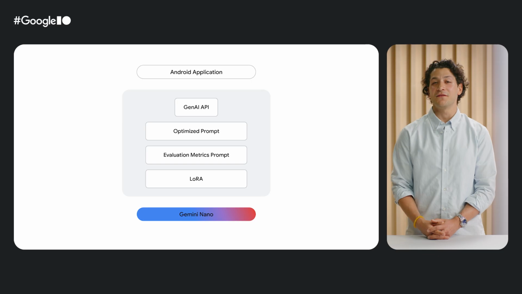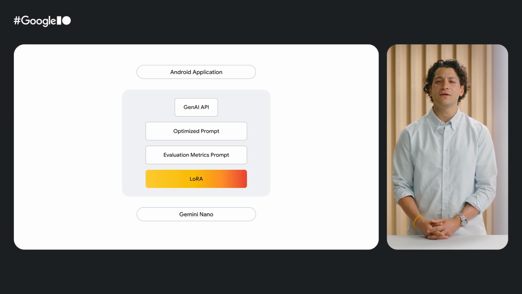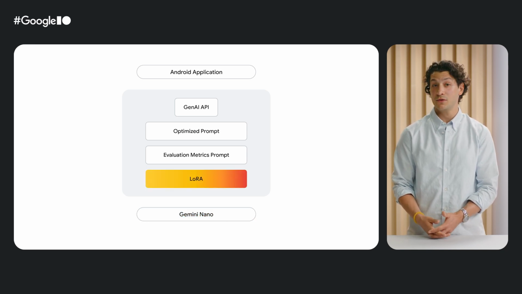Now, let's dive into what it means for these APIs to be powered by Gemini Nano. There are 4 main components that make up each of the Gen AI APIs. The first, the base model, Gemini Nano, that runs the inferences. Next, for each task, we've developed a low-rank adaptation, or LoRA, block to further improve the